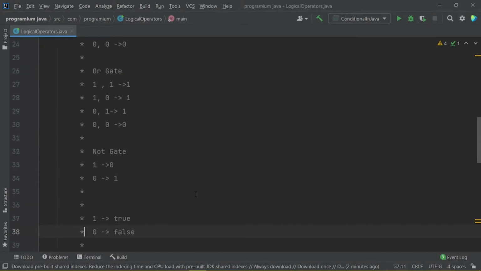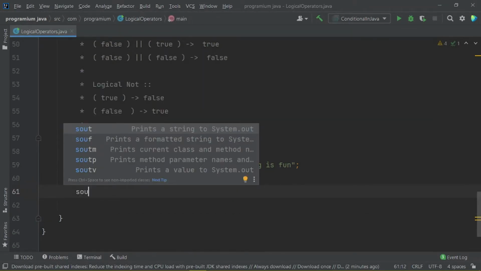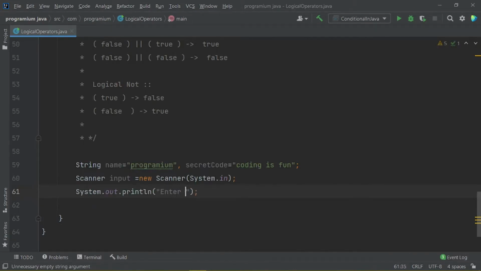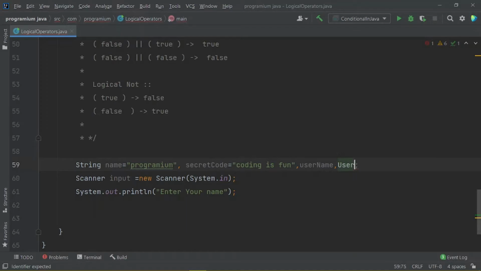So let us now prompt the user here to enter. Now you can see that sout is available. Enter your name. Let me declare more variables here: userName, and the other is userCode.